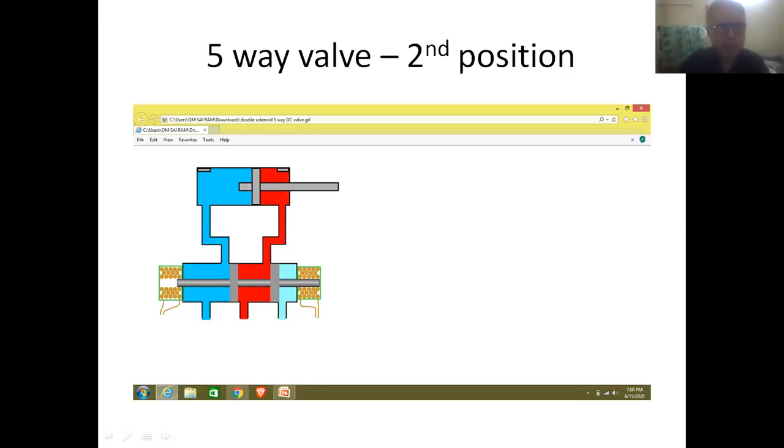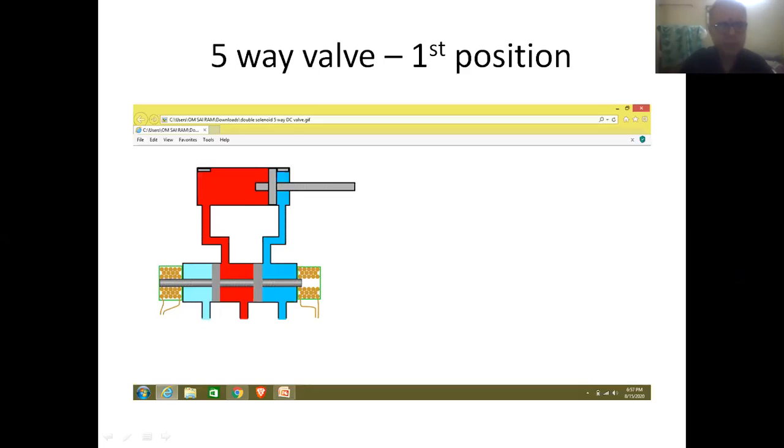And if the elements move in forward direction, the valve will come to the second position as shown in this second figure. So the first figure indicates the first position of this five-way DC valve, and the second figure indicates the second position of the five-way DC valve.